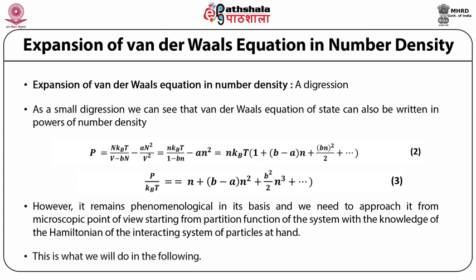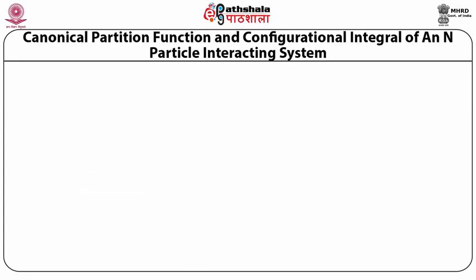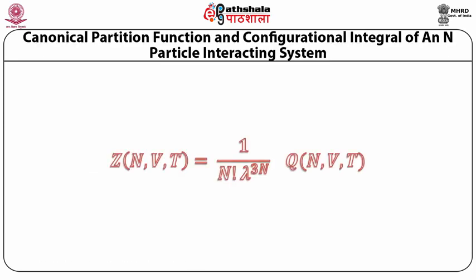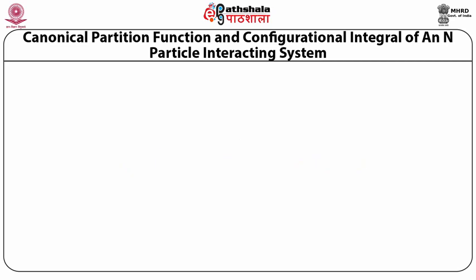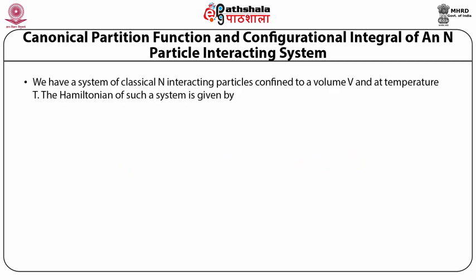This is what we will do in the following: canonical partition function and configurational integral of an n-particle interacting system. We have a system of classical n-particle interacting systems confined to a volume V and temperature T. The Hamiltonian of such a system is given by H is equal to summation over i p_i squared upon 2m